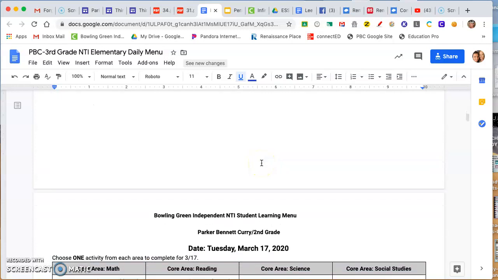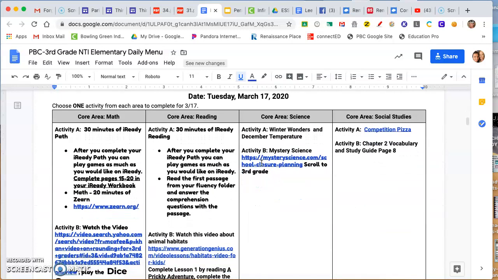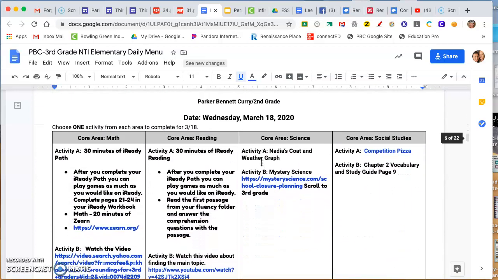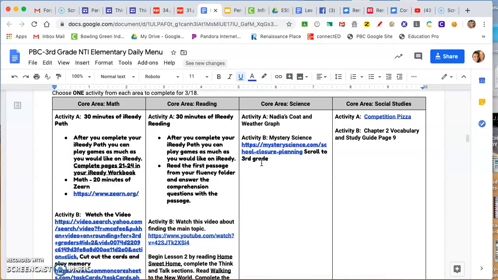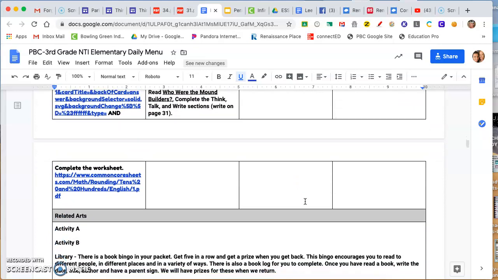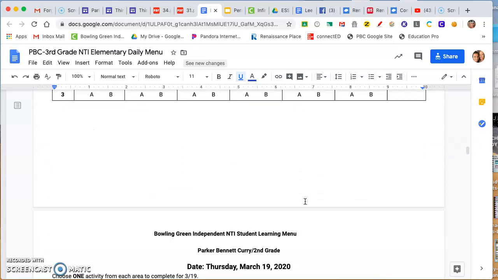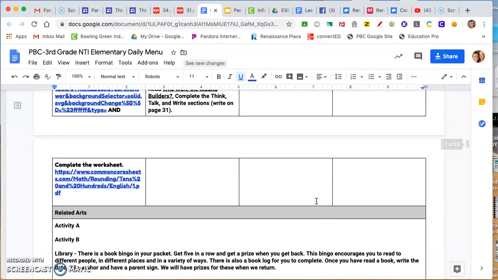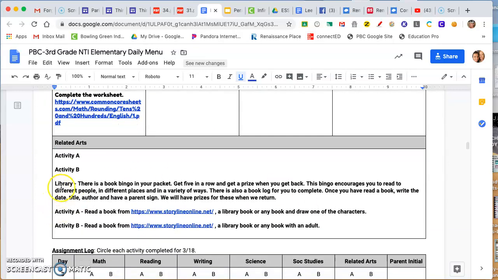So then here's Tuesday's work, but I'm sorry, here's Wednesday's work. And I'm going to make another video so that I can talk to you all about today's work, Wednesday's work. Now, for library, Miss Cleaver also gave you some links to Story Online, and she gave